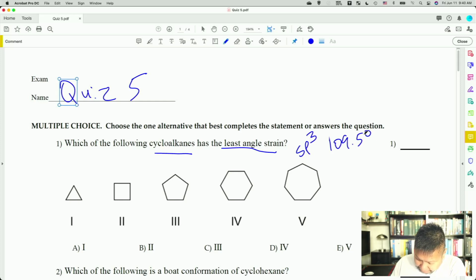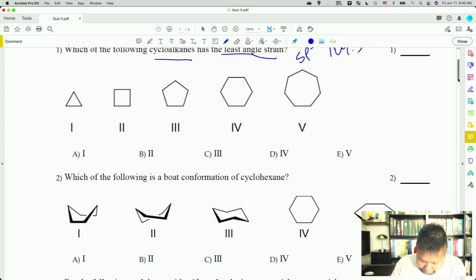As we go through these, cyclopropane has 60 degrees. Cyclobutane has 90 degrees. Cyclopentane has 108 degrees, which is pretty close. 120 degrees for cyclohexane. And then 129 degrees for